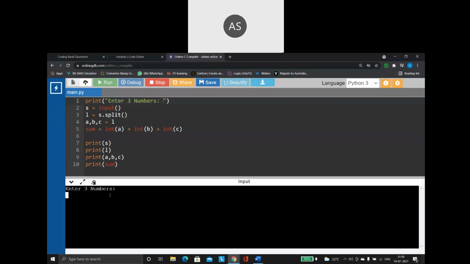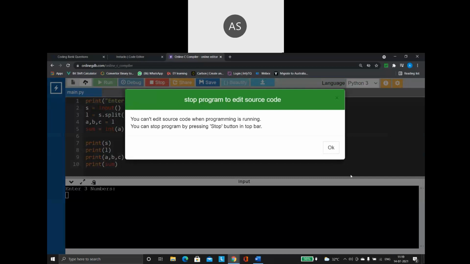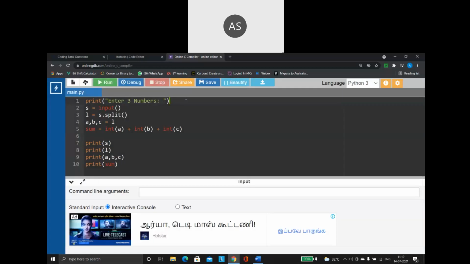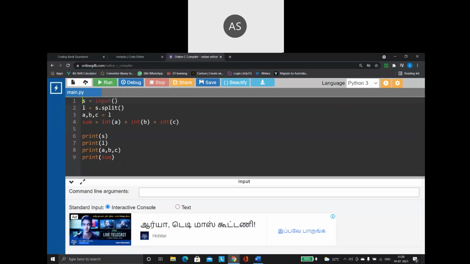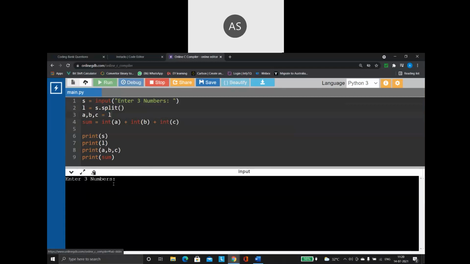So either you can write it like this, or you already know that the input function can take some value, some information. So inside of the input function also you can write this. So I can say enter three numbers. So either I can give like this or like what I gave the previous time. So anyway, see, it is going to ask me for three numbers. Okay. So I am saying 10, 20, 30. See, using a single input function, I am reading three values. I am reading three numbers and I'm going to store it inside the yes variable as a string.